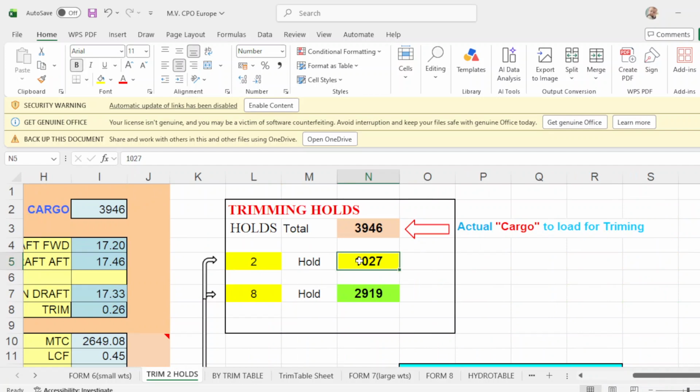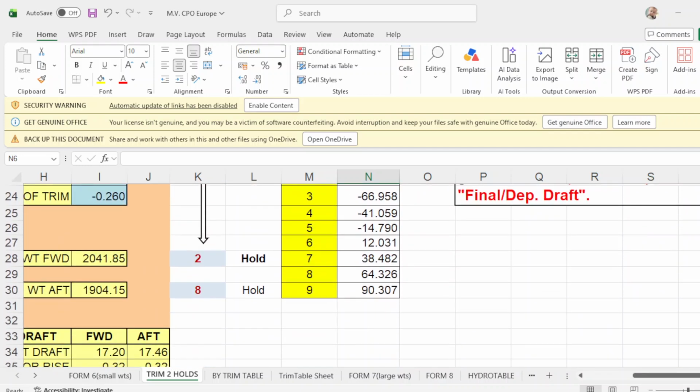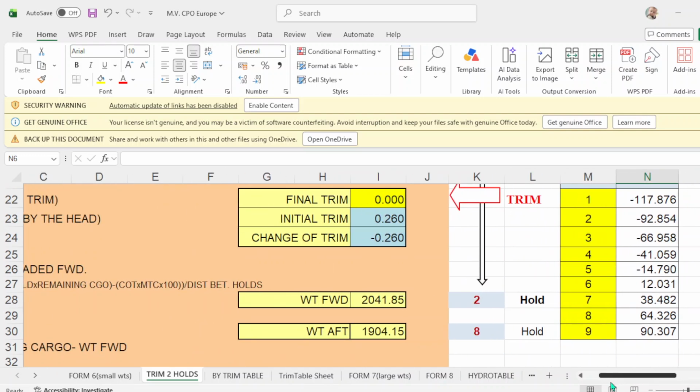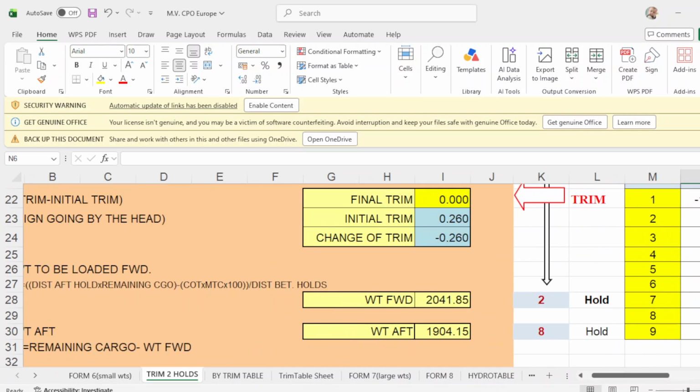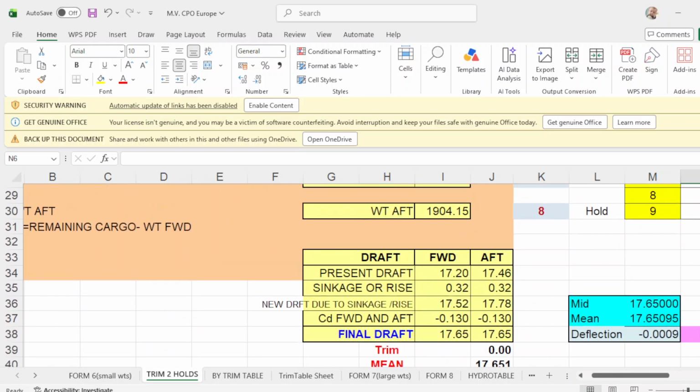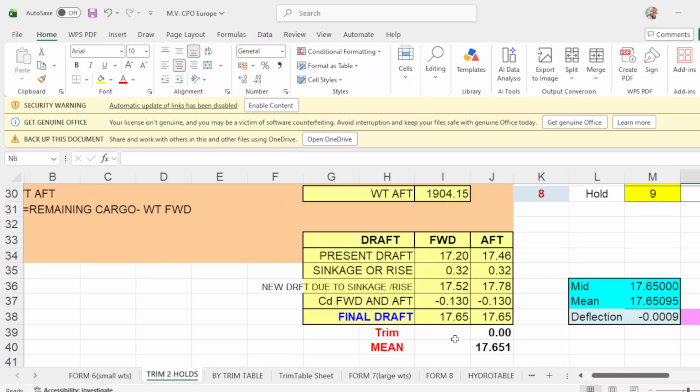And number 8, you will load 1,904. Okay, 1,904. And it will give you your departure drop. And your departure drop will be forward of 17.65, aft drop is 17.65.